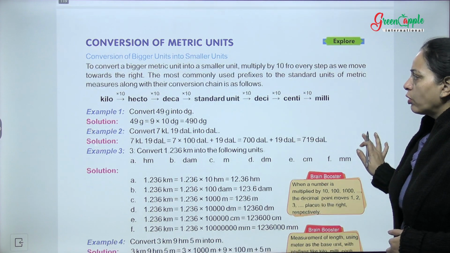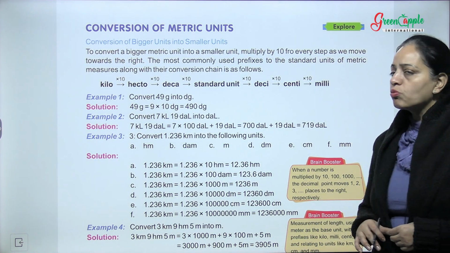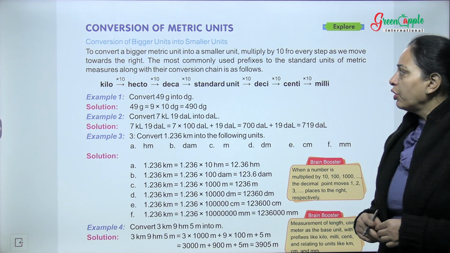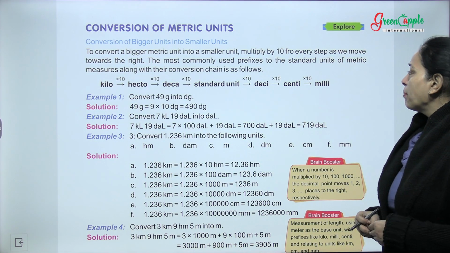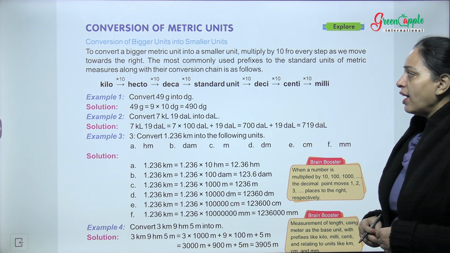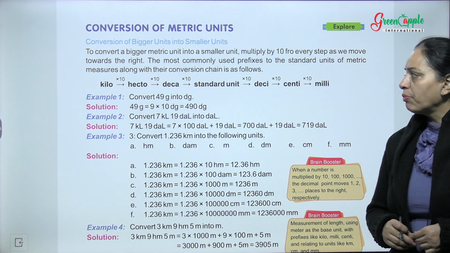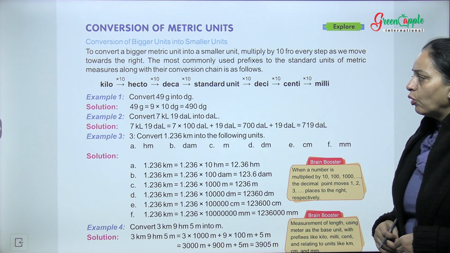Now we are talking about conversion of metric units. Now conversion of bigger to smaller units. So to convert a bigger metric unit into a smaller unit, what to do? Multiply by 10 for every step as we move towards the right. The most commonly used prefixes to the standard units of metric measure along with their conversion chain is as follows: